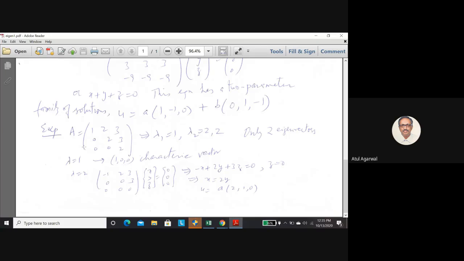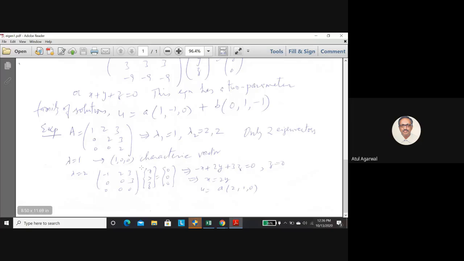You see here, this is a matrix. You find the eigenvalues. They are coming as 1 and 2, 2. So here it has a multiplicity of 2. So this is called algebraic multiplicity. Now corresponding to lambda is equal to 1, you will find this is the eigenvector. I'm not showing how it is calculated. You can do it for lambda is equal to 2. So you have to subtract 2 from the diagonal terms. So you get minus 1, double 0. The rest of the terms are the same as this.